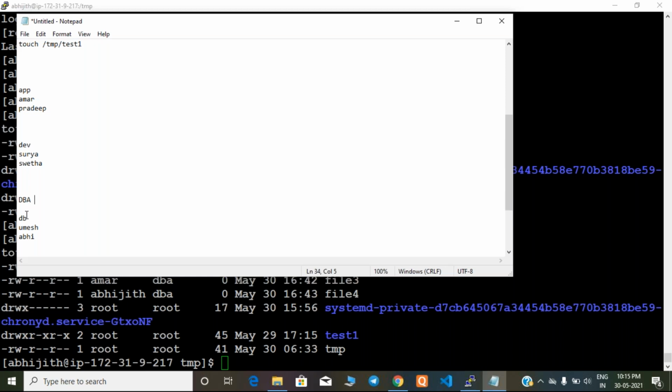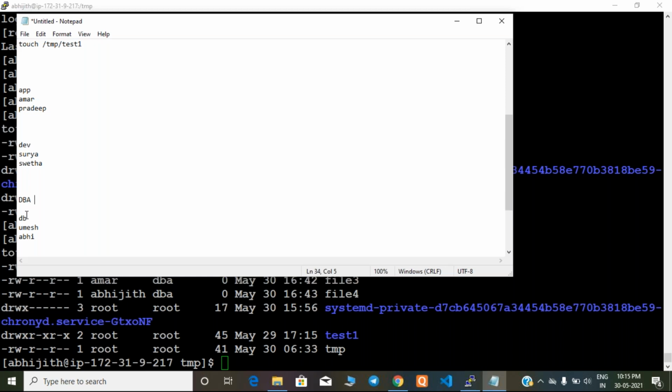In Windows, there is no default group concept. But in Linux, when you create a user, by default you will get a group also. The group is for this purpose. You can add any number of users to the same group based on your requirement.